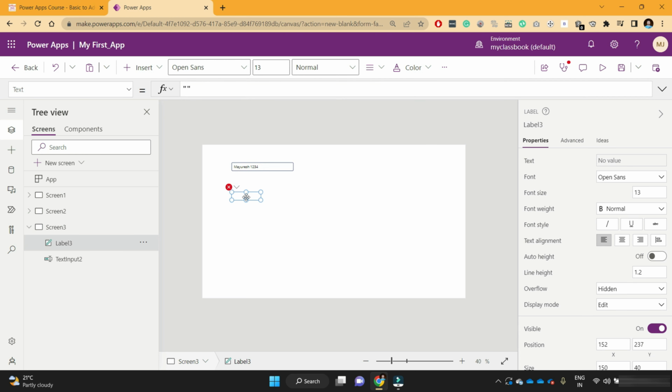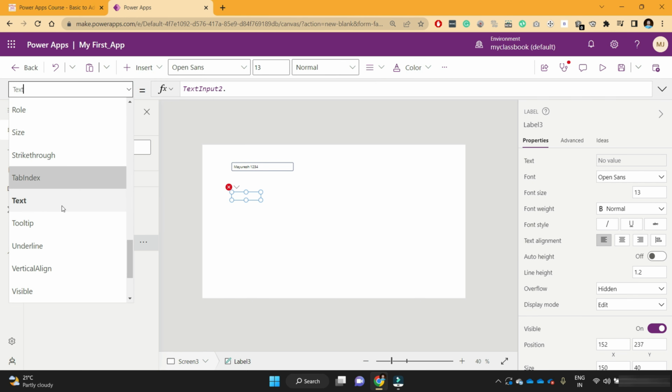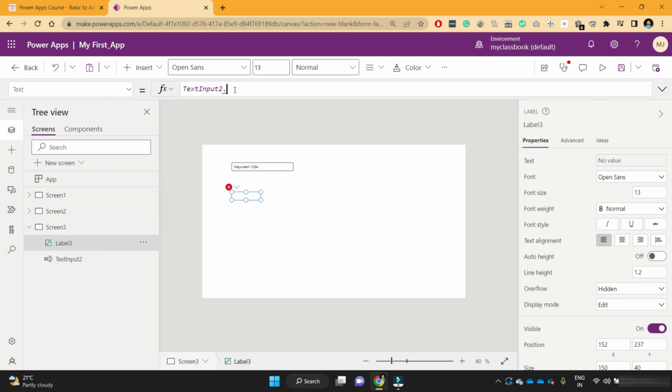This label is accessing the text property of this text input. Just select that control, select the text property. You can click on this text button, or you can select this drop down and go to the text property. Now give this text box name dot text,